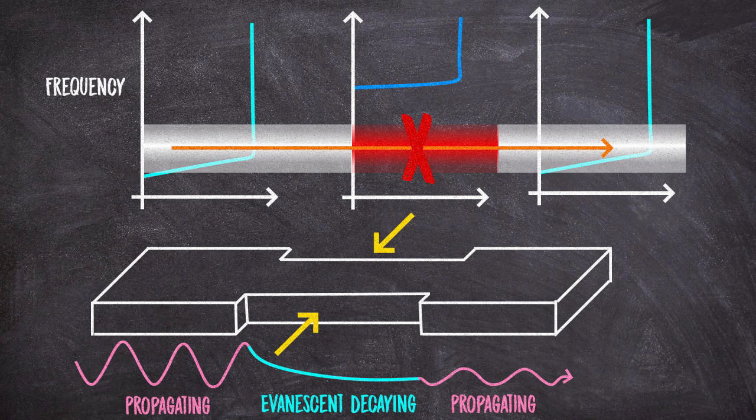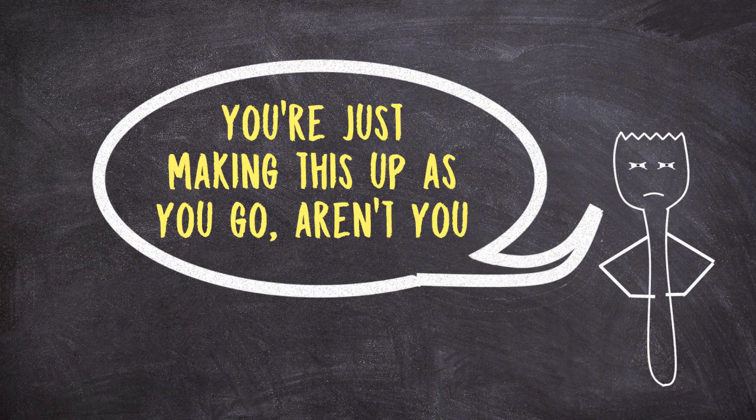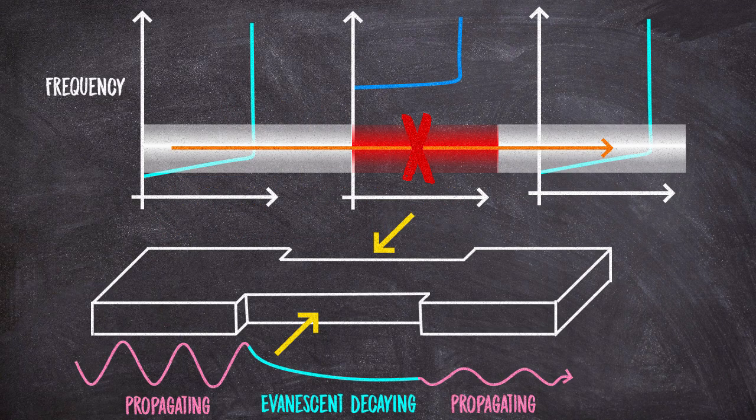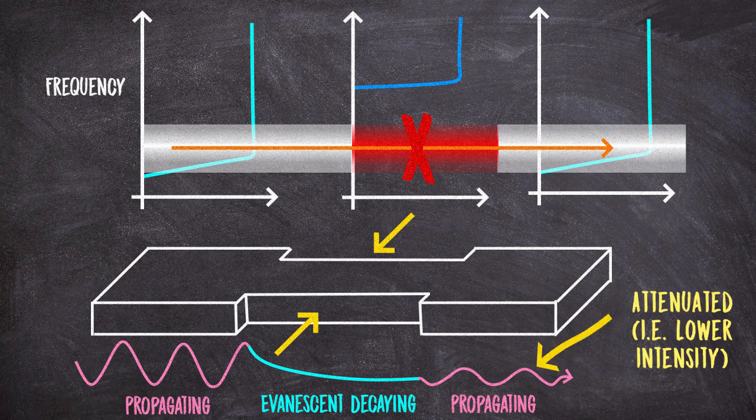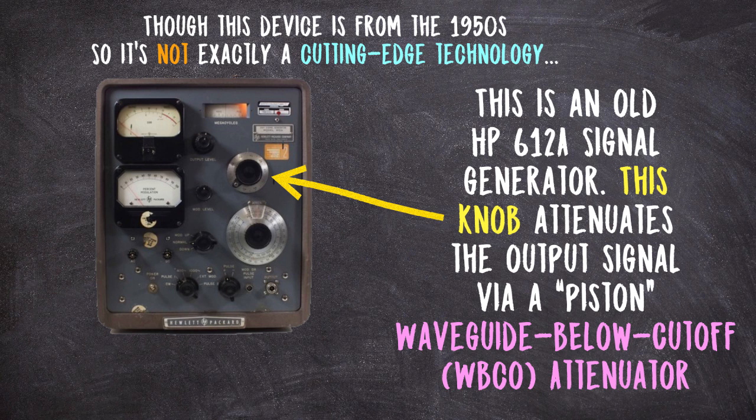And, by the way, this is not just some bizarre artificial situation. This real physical effect of having our transmitted wave being attenuated or less intense because of this small region where the wave goes evanescent is actually how something called waveguide attenuators work. These are things that you put in real waveguide circuits when you want to step down the intensity of the wave for some reason. They work by basically putting in an evanescent thinned region and thus producing a transmitted wave of reduced intensity. So we use this effect in real technology.